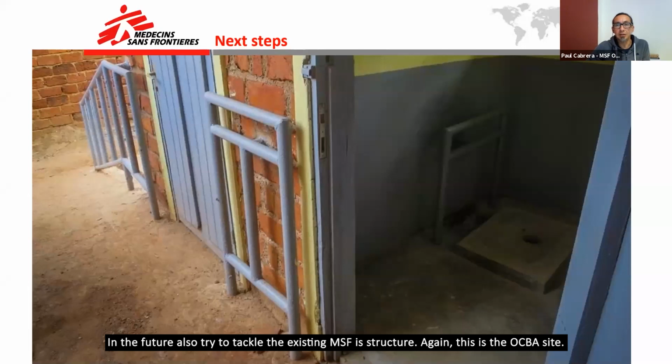Also we will try to tackle the existing MSF structure. At least this is the OCDA side.